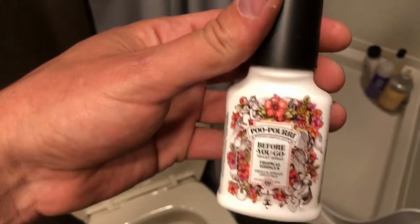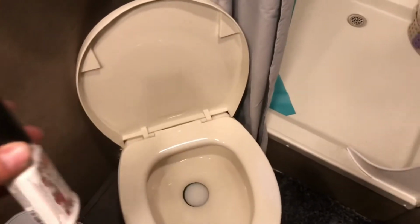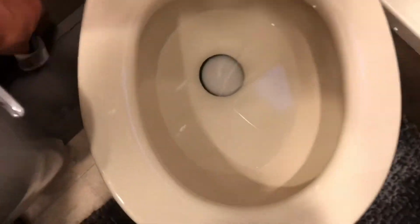So here's what I recommend. I actually use this Poo-Pourri stuff. Three sprays of this on top of the water, and then you do your business. Oh my gosh, you never smell it. It's incredible. I can't believe I never tried that before. Anyway,